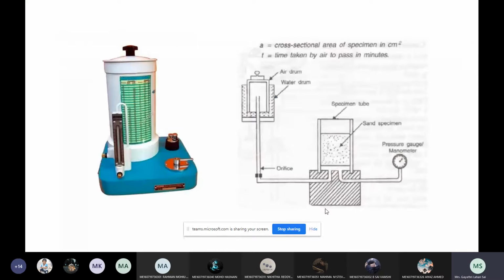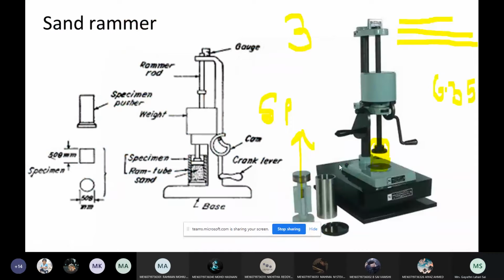Okay, so this is a permeability tester, what we had discussed in the last class. You will be having a knob, and an orifice with a jar which is filled with water, with a lid. When you close the lid, because of the pressure, the air will be moving from the jar towards the sample. There will be a pipe downwards, and you can see in the circuit how the air is moving from the orifice towards the specimen tube, and you will be calculating the pressure from the manometer reading, right?